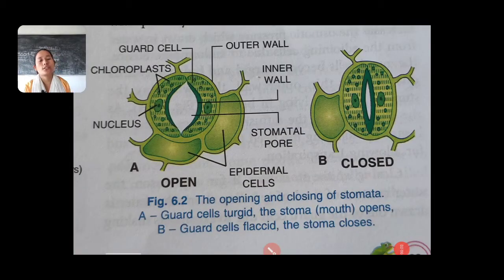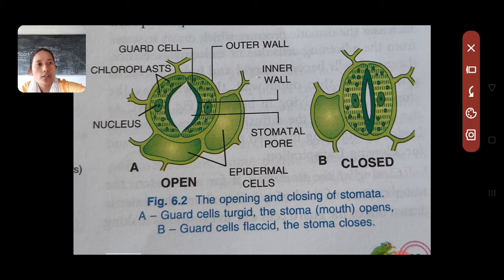Okay, let's go through the structure of stomata. First let us go through the stomata structure, then we will go through the theory related with regulation of stomata, that is opening and closing of stomata. Now if you look at the structure that's given, that's the structure of stomata. You can see stomata is made up of two kidney bean shaped guard cells, and you have a stomatal pore between the two. Now your guard cell consists of chloroplast, so photosynthesis is obviously going to occur in the stomatal region also. Okay, and it has other cell organelles just like other plant cells.